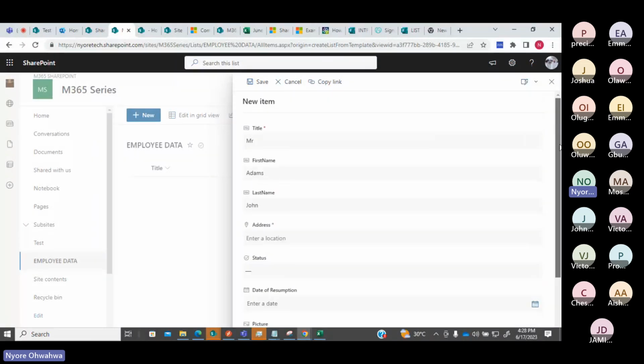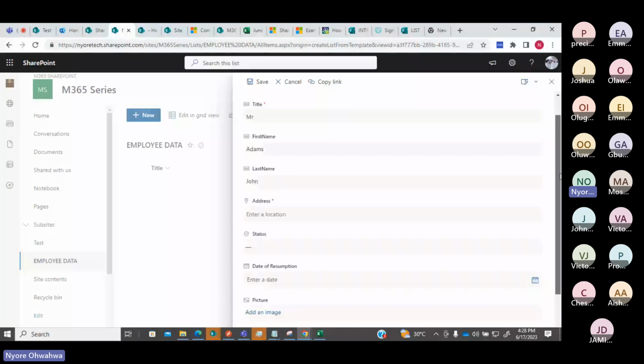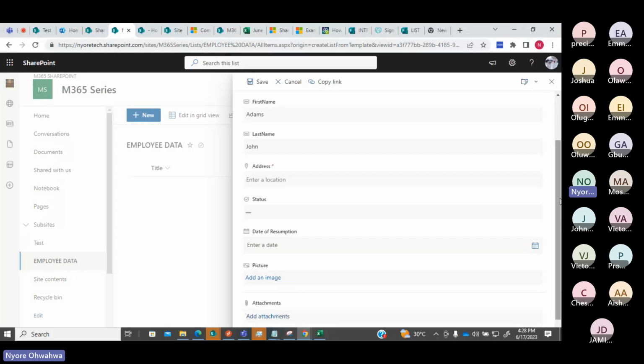We don't have to fill it because it's going to be auto populated. So you're going to see that when we're done with this.